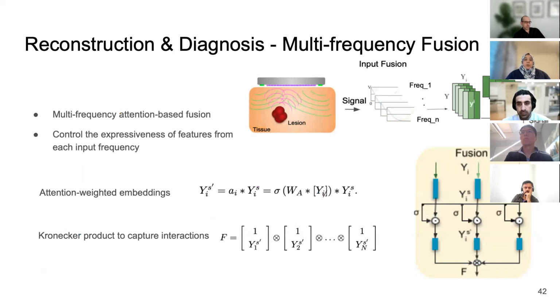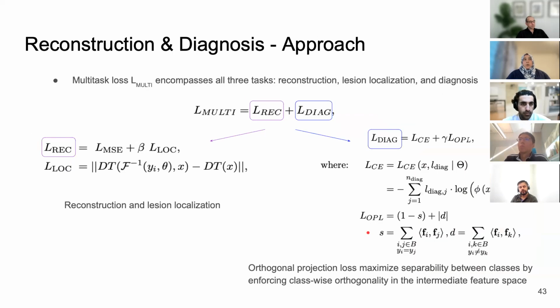So we adapt an attention-based mechanism to control the expressiveness of features from each input, where we first compute an attention-weighted embedding at each frequency, and then use a Kronecker product to capture the interaction between the different frequencies. As a loss term, we use a loss that encompasses all three tasks: reconstruction, lesion localization, and diagnosis, where the reconstruction path is basically our previous TMI paper with mean square error and lesion localization,